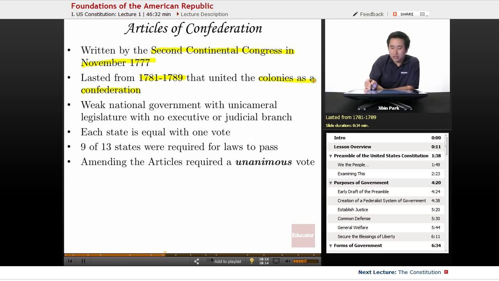So you can say that it didn't work out here, but yeah, it was weak and maybe it required a new constitution. But, for the time, keep in mind the colonists had rebelled against central power and authority. So one could argue that this was necessary to see how a confederation of states simply wouldn't necessarily work. And so the Articles of Confederation had a weak national government with a unicameral legislature with basically no executive or judicial branch.